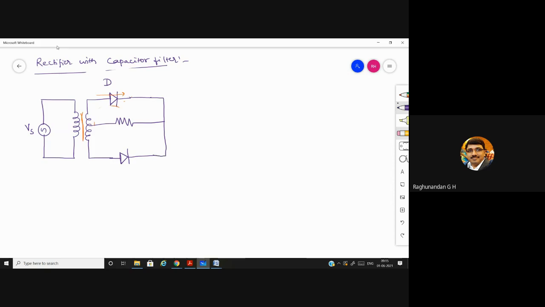Which circuit is this? Center tapped full wave. Yes, center tap full wave rectifier. So in the center tap full wave rectifier, here also what we are going to do is, just remember, filter is always connected parallel to load resistance. So load resistance is here. So we will connect a capacitor here. Even in the bridge rectifier also, in the textbook I have given an example of the bridge rectifier, where you are having load resistance, just connect the capacitor across it. That's it.